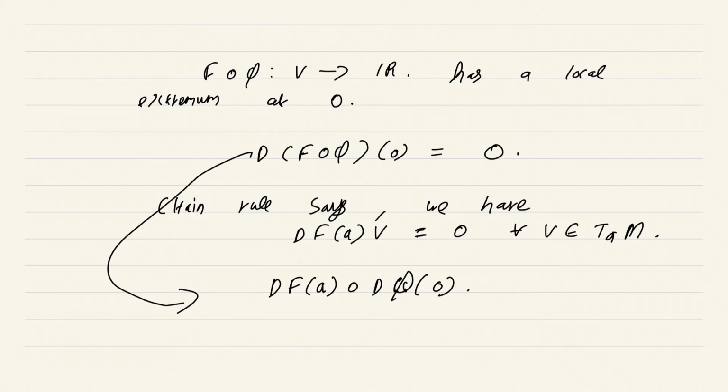So df_A must have the image of d phi at 0 in the kernel, which is just another way of saying that df_A acting on v is 0 for all v in T_A M. Okay, so essentially what this shows is df_A vanishes